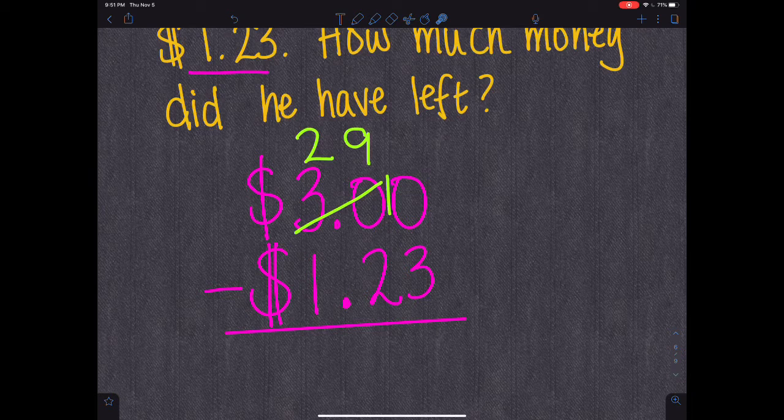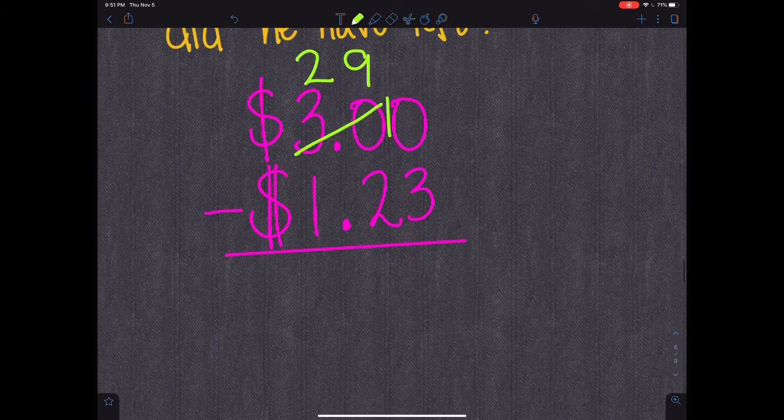So now I'm going to subtract 10 minus 3 and I'm going to make this 7. And then I'm going to do 9 minus 2 and that's going to be another 7. And then I'm going to do 2 minus 1 and I'm going to make this a 1. And so the answer is